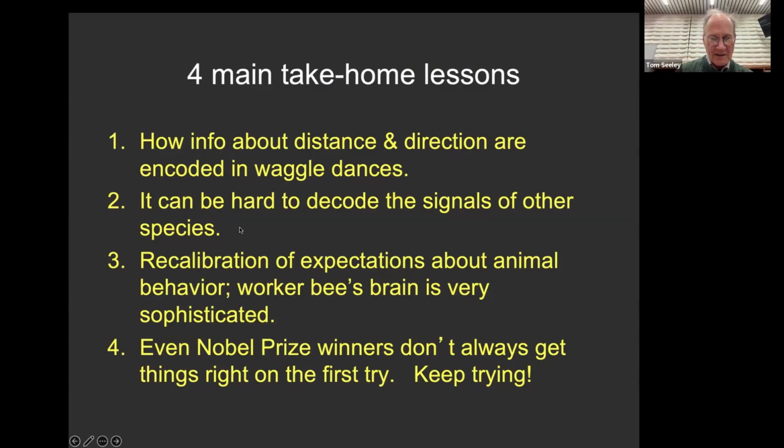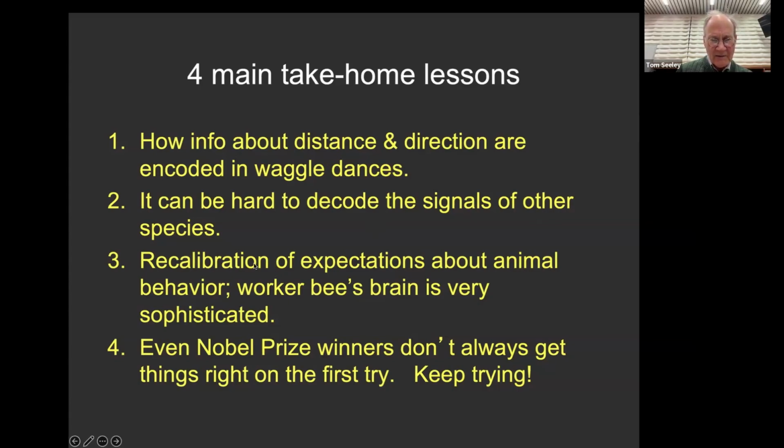The second lesson is that it can be really hard to decode the signals of other species, because to know what a signal means, you have to know exactly what that animal was experiencing that caused it to produce the signal. If you're a bird watcher, you'll know that if you hear an alarm call, that little bird probably has spotted an owl or something nearby. But it's that kind of analysis. So it can be hard, as we saw with analyzing the waggle dance, to decode the signals of the bees. And I think the third take-home message